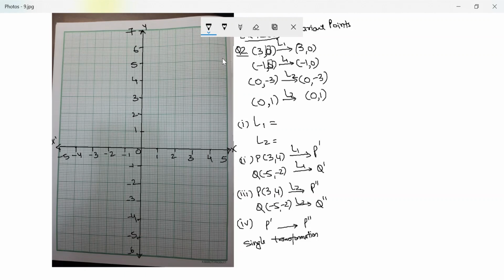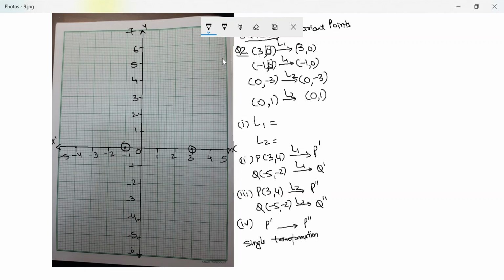Well, it happens when you're reflecting it in the x-axis. So let's plot this, it will become even more clearer. So I have 30 and negative 10. These are the 2 points. If I reflect this on the y, it will move here. If I reflect this on y, it will move here.